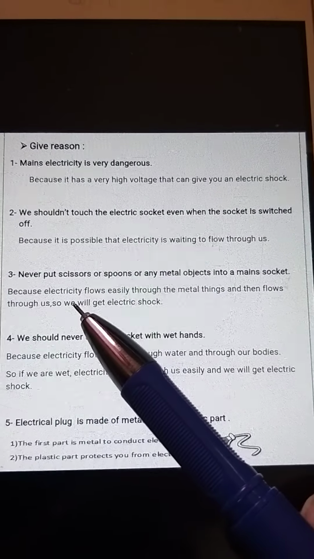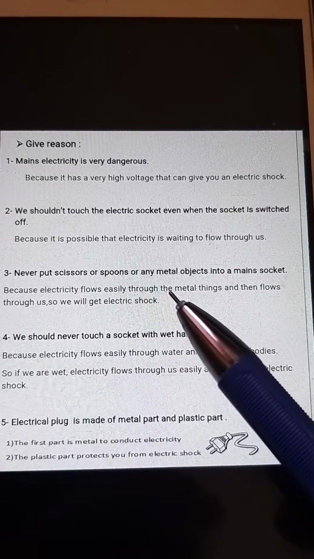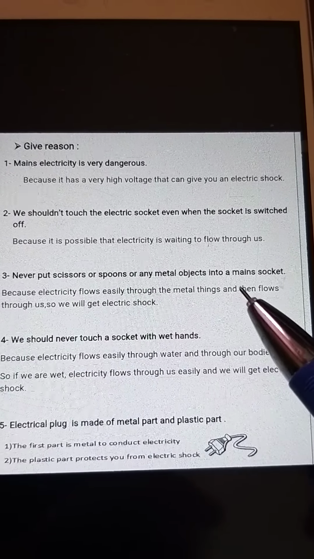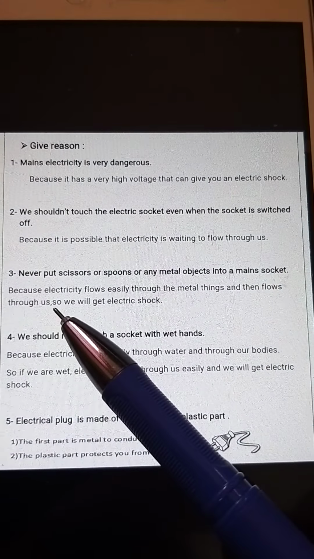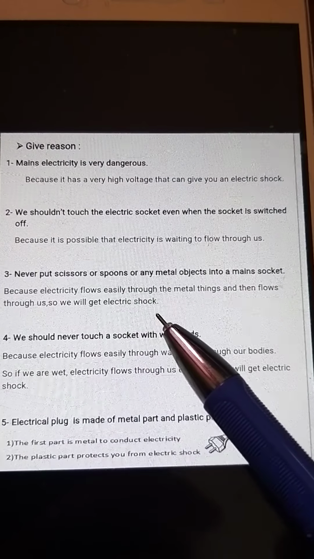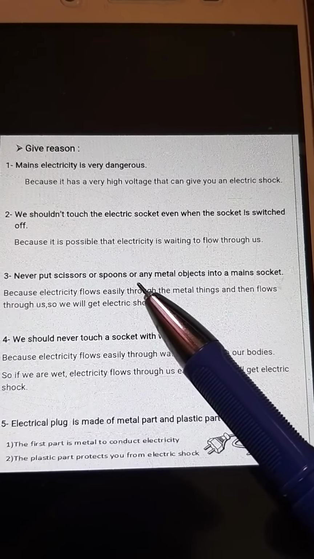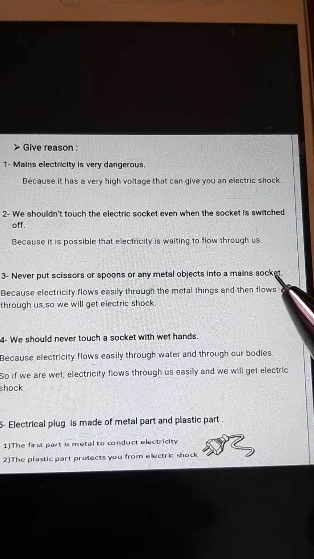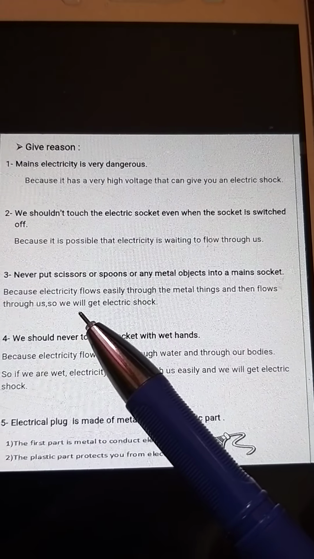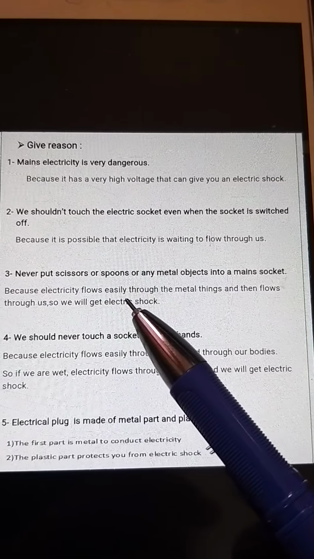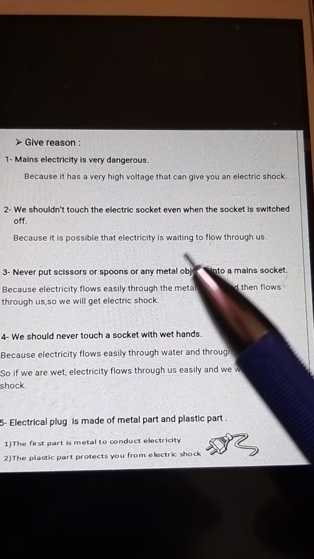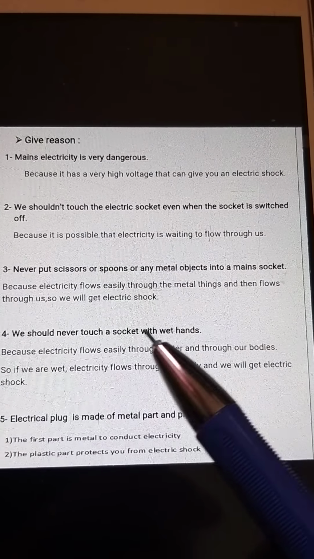The electricity flows easily through the metal things and then flows through you, so you will get electric shock. So never put scissors or any metal things into a mains socket. Why, girls? Because electricity flows easily through the metal things, and after that it will flow through our bodies and